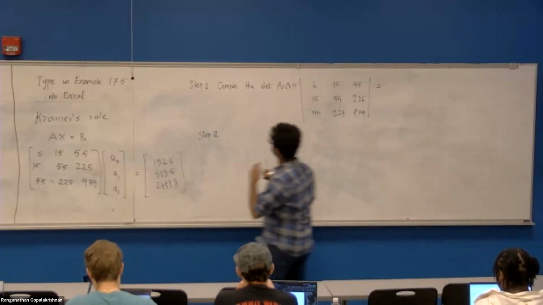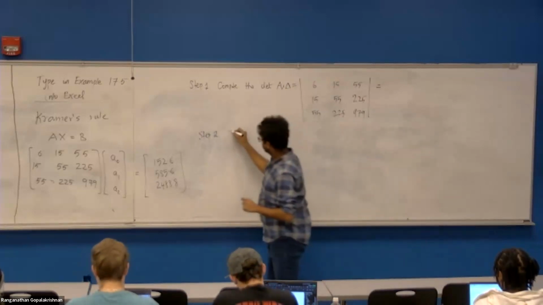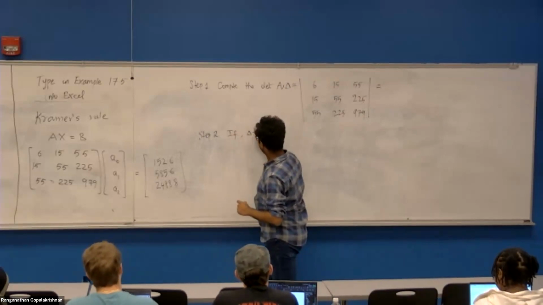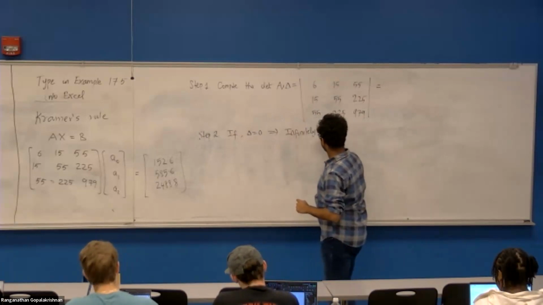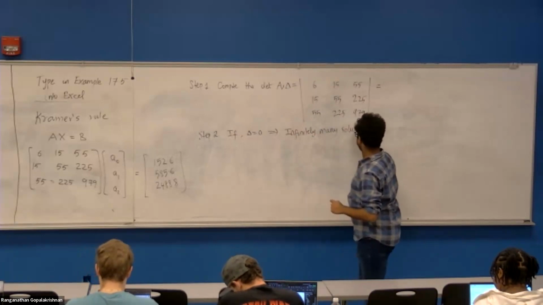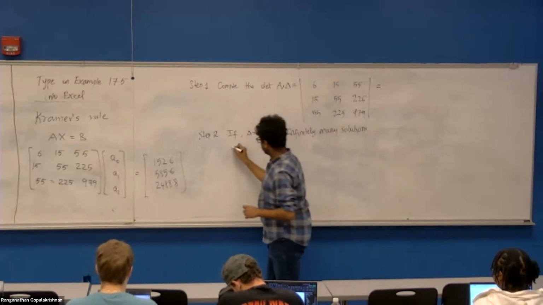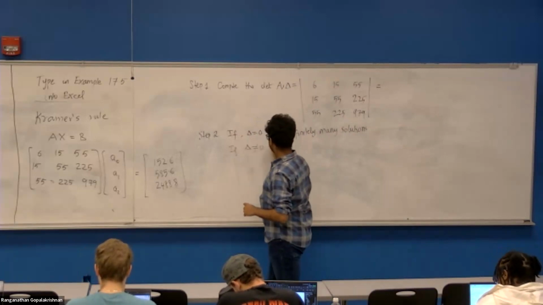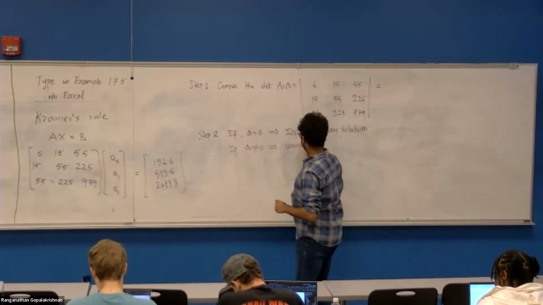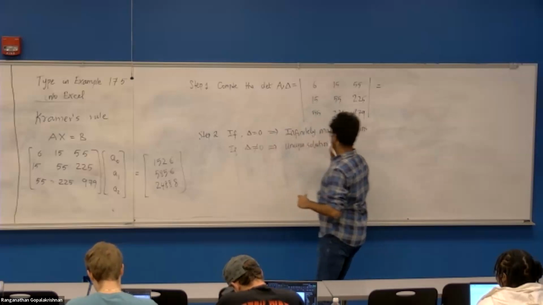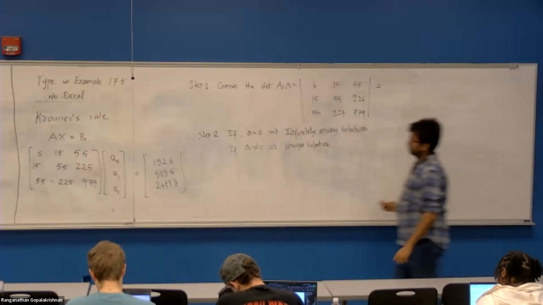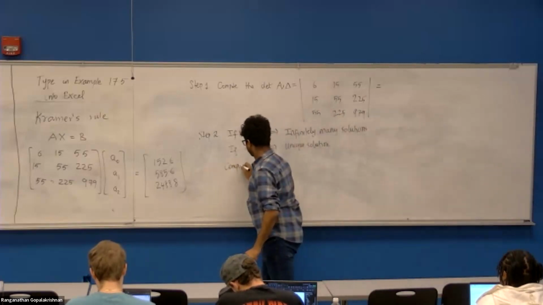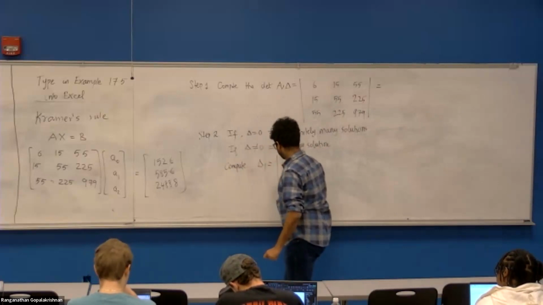Step 2, if delta equal to 0, this implies the system of equations has infinitely many solutions. And if delta is non-zero, then it has a unique solution. Compute delta 1, which is defined as,